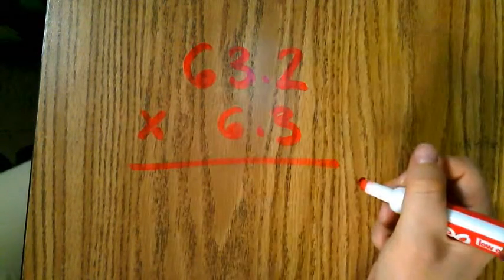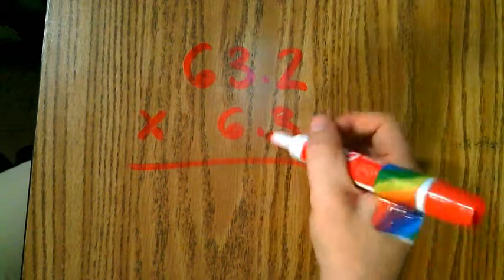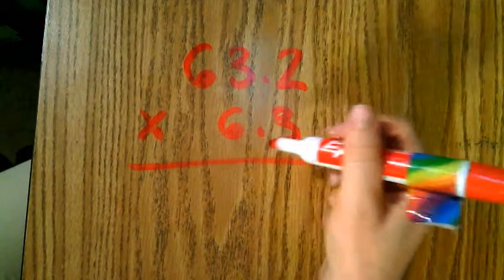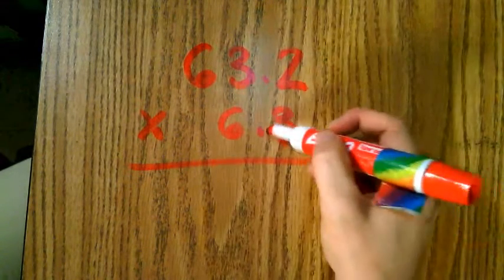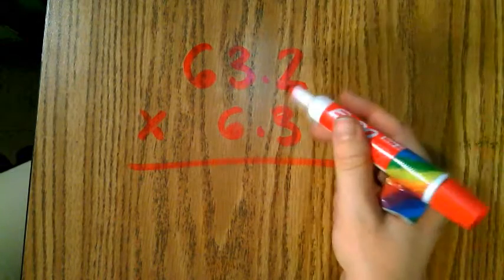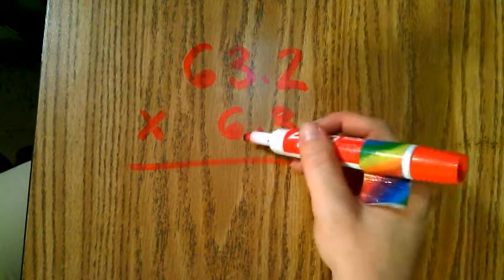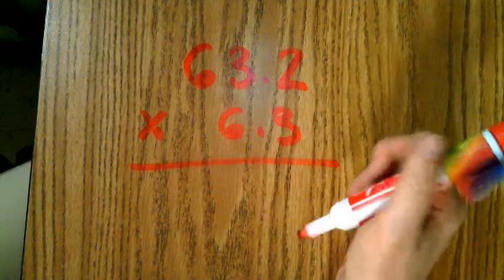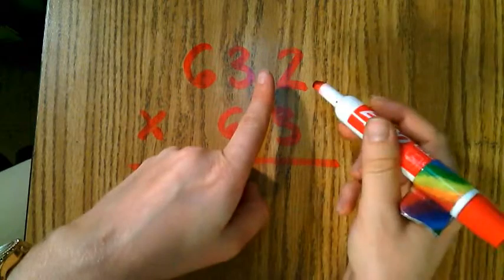Okay? Now, remember, when we're multiplying decimals, we don't have to line up the decimal. We line up the numbers. And it just so happened in this problem that our decimals lined up as well. But if they don't, that's okay. What we have to see is that the numbers line up. All right, now we pretend like those decimals aren't even there, and we're going to multiply this just like we